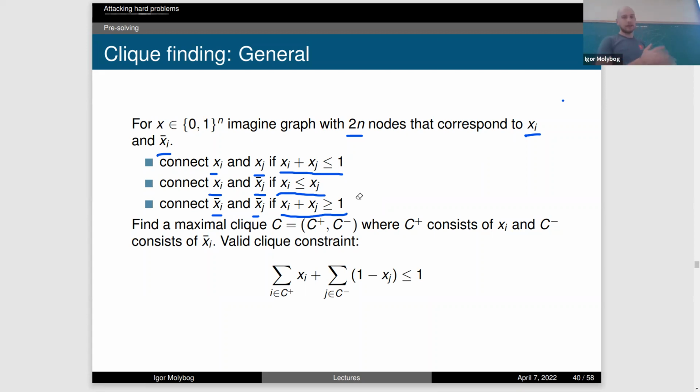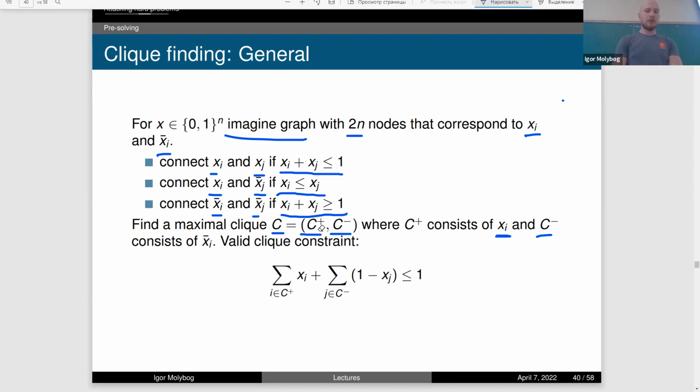Okay, and so in this imaginable graph, let's say that our maximal clique is C, but it doesn't really have to be maximal. It just makes sense to find one as big as possible. It consists of 2 parts. One part is C plus, and the other part is C minus, where C plus consists of nodes that correspond to variables themselves, and C minus